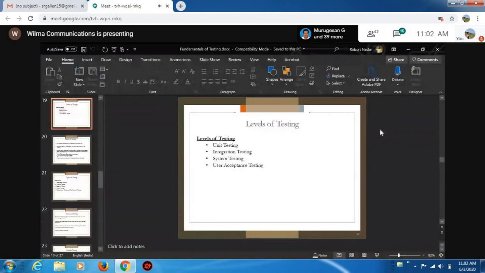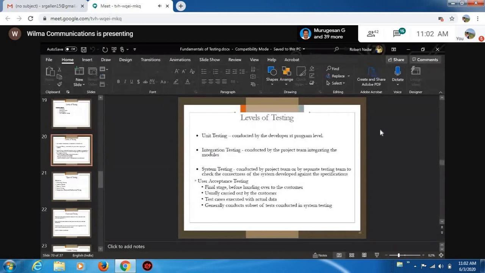Unit testing is conducted by the developer at the programmer level, whereas integration testing is conducted by the project team when integrating the modules. So now the first thing is, what is unit testing and why is unit testing important? Unit testing is done by the developer at the programming level.